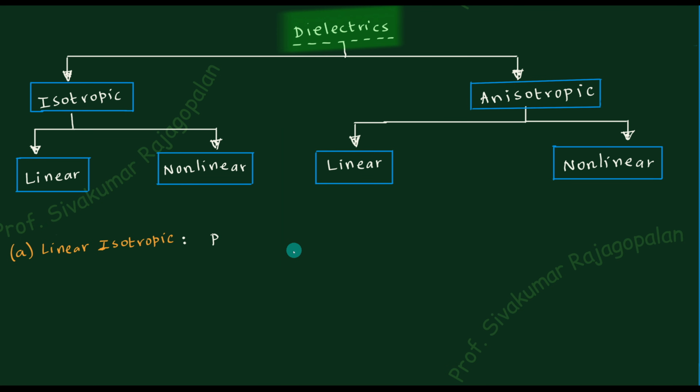So for each one of them, that means for all the 4 of them, how the equation for the polarization will look like. So this is P. How the equation for the polarization will look like. That's what we are going to write down.